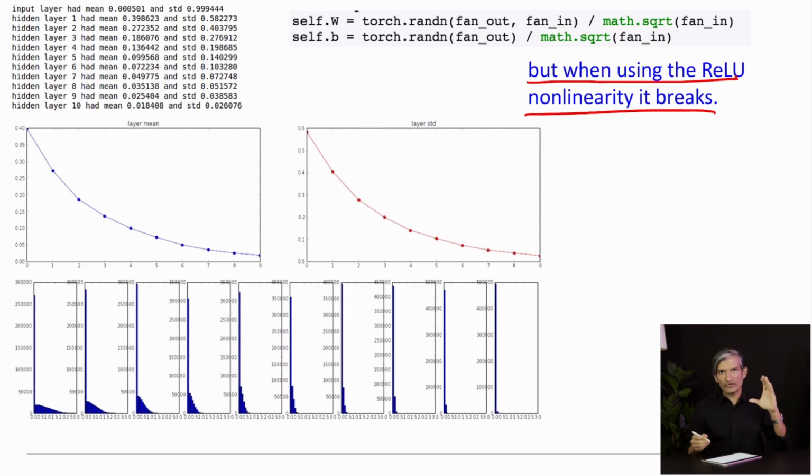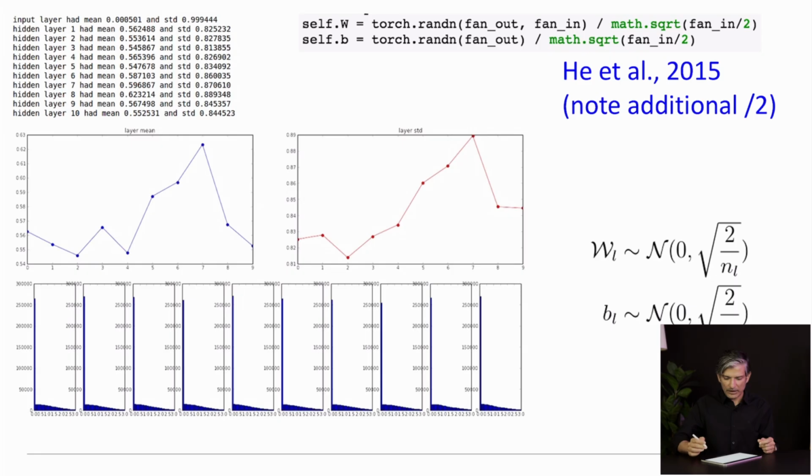And this positive half breaks the math that we derived in the previous paper by Xavier Glorot and Yoshua Bengio. So what happens is, your mean very quickly goes to 0 after, let's say, 6 or 7 layers, and your standard deviation also approaches 0, and we don't like that, right? If you do the math, and I recommend you check this paper out by He in 2015,